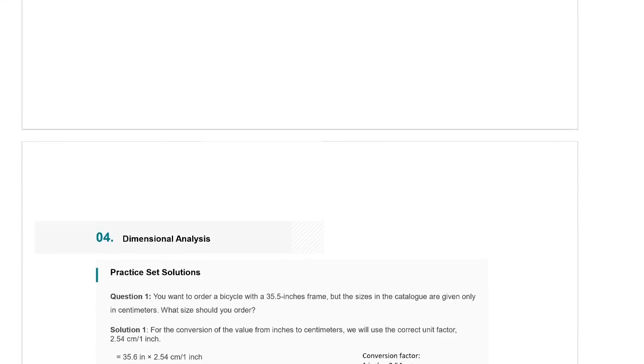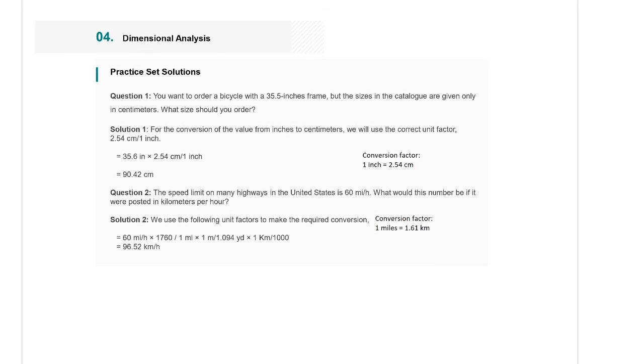Okay, so let's keep looking at more examples. First one: you want to order a bicycle with a 35.5 inch frame, but the sizes in the catalog are given only in centimeters. What size should you order? Okay, so we have 35.5 inches, and the conversion factor given is 1 inch to 2.54 centimeters. So we want to convert inches to centimeters, so we can know what would be the centimeters of our bicycle. So from here we know that it's 1 inch